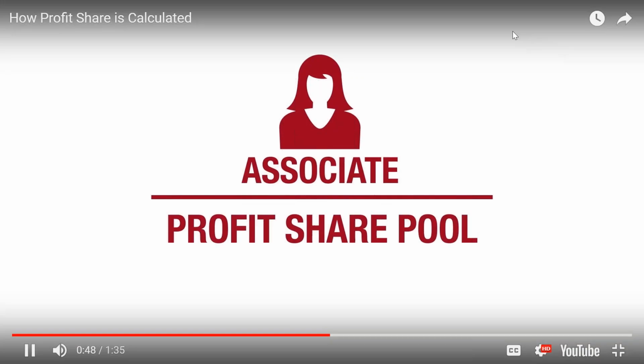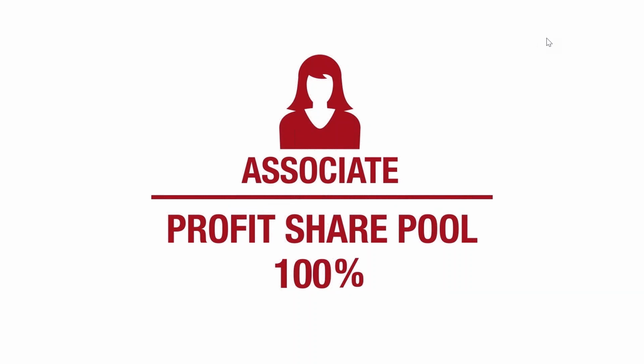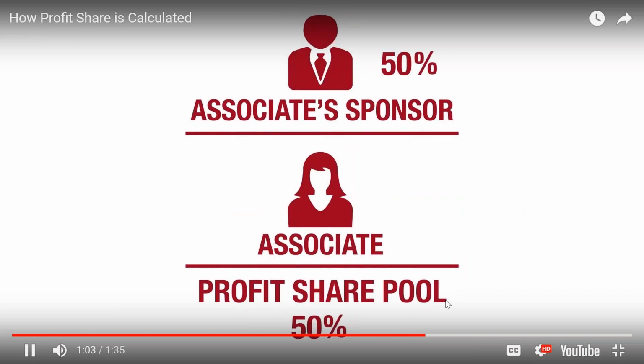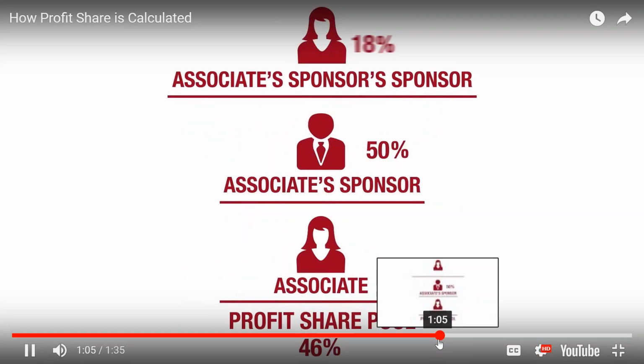So we split the profit between the owners who took the risk and the associates who have helped grow the market center. Roughly 52% goes to the owners who took the risk, and roughly 48% goes to the associates who helped grow the market center. So, how is it dispersed? We figure out what percentage of the market center's profit is a result of that associate, and we take that percentage of the profit share pool and disperse it through the branches of that associate's profit share tree on a monthly basis. The associate sponsor gets half, the associate sponsor's sponsor.